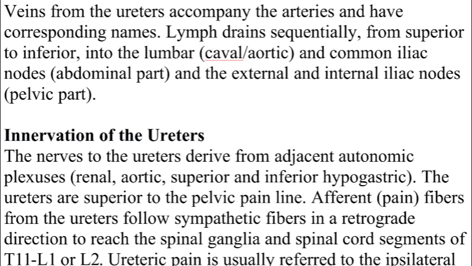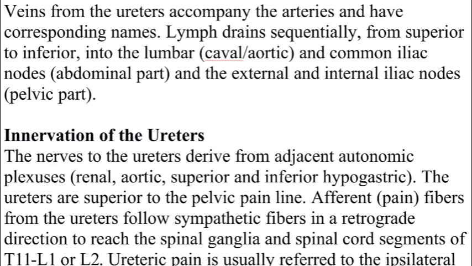You have afferent pain fibers from the ureters following sympathetic fibers in a retrograde direction to reach the spinal ganglia and spinal cord segments of T11 to L1 or L2. That is the 11th thoracic, 12th thoracic, first lumbar, and it might get to the second lumbar spinal nerve